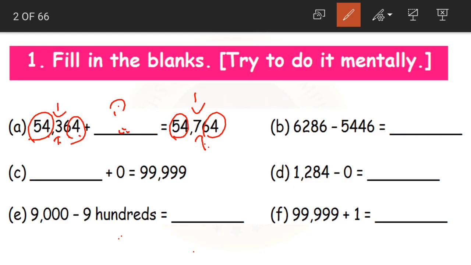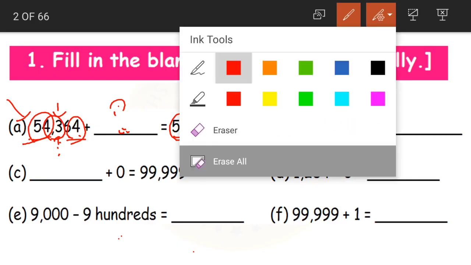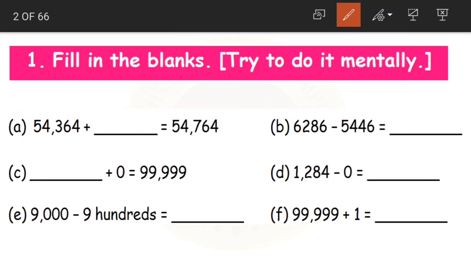Students, why am I talking about only hundreds? Because all the digits in the remaining places are same in both the numbers, in the addend and in the sum as well. So children, we are considering only the digit in hundreds place. Here we are having 300 and here we are having 700. Now how to do that? We are given an addend and we are given the sum. We have to find out the other addend. In such cases, what do we do? We subtract. Yes children, we subtract.